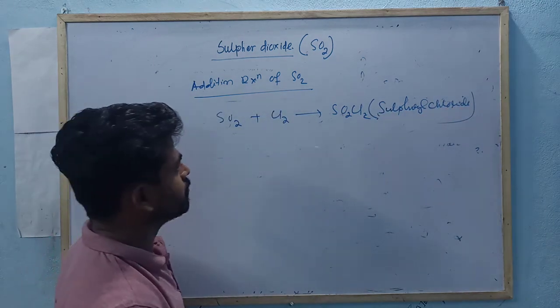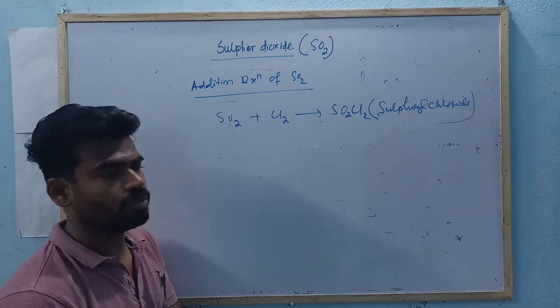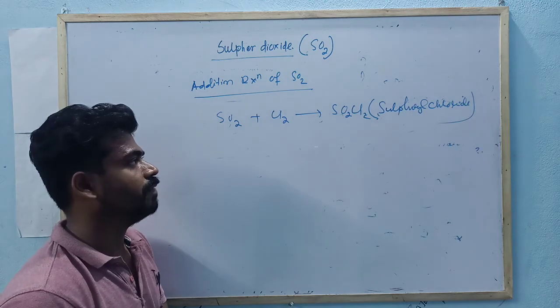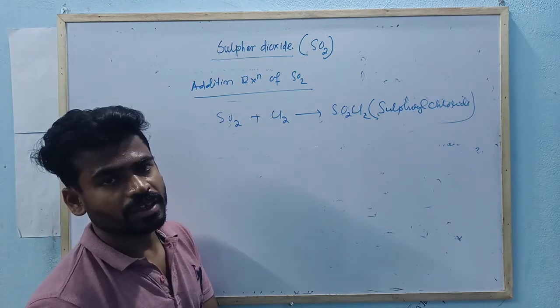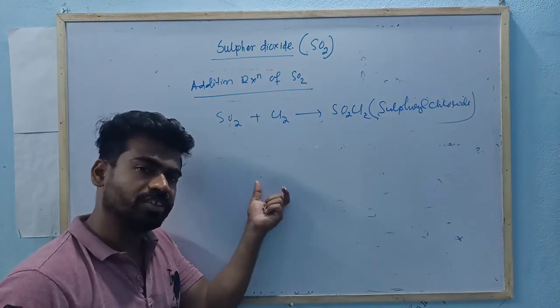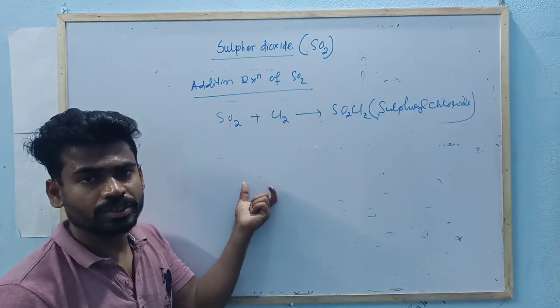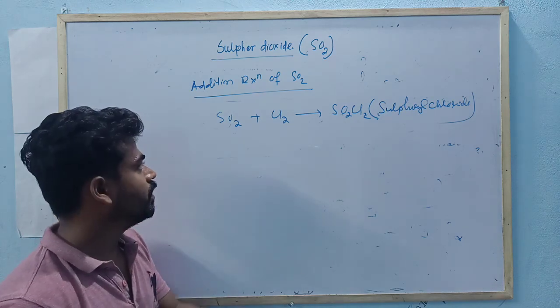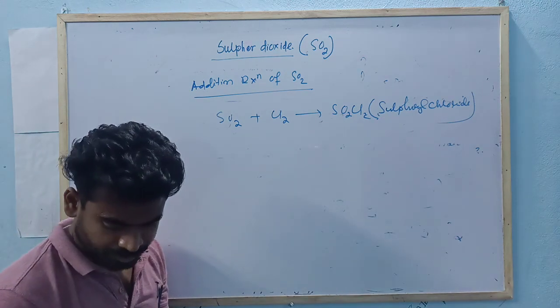You have to memorize all these things. Unless you practice, you can't memorize all these reactions. There are so many reactions regarding chemical properties, oxidizing nature, reducing nature. In every group element we are facing these chemical equations. So you just go and practice all these reactions, then you can memorize. There is no big or tough concept behind them. So you remember it.